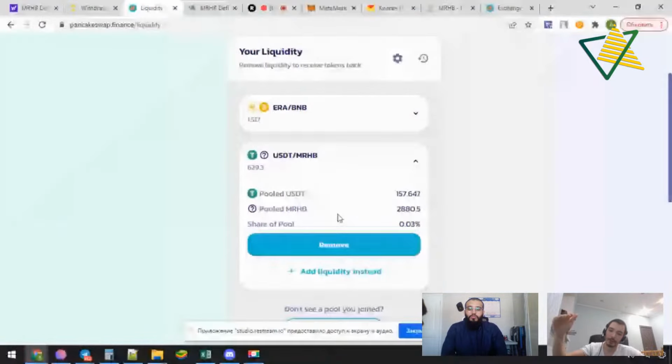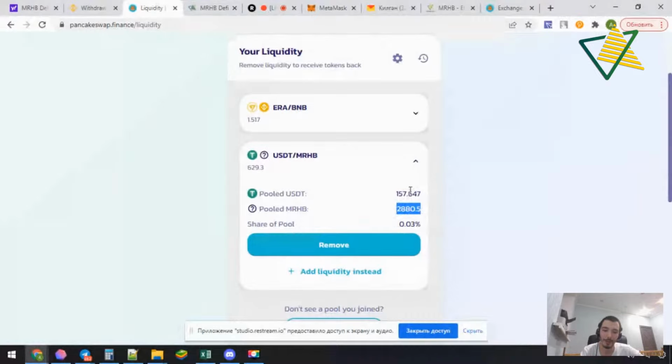But when many people come to the exchange and want to buy MRHB, they take these MRHB tokens from the pool, and the number of USDT tokens is increasing. You can see that, and vice versa. When people are selling MRHB tokens, the number of MRHB tokens is increasing in the pool, and the number of pooled USDT is decreasing.